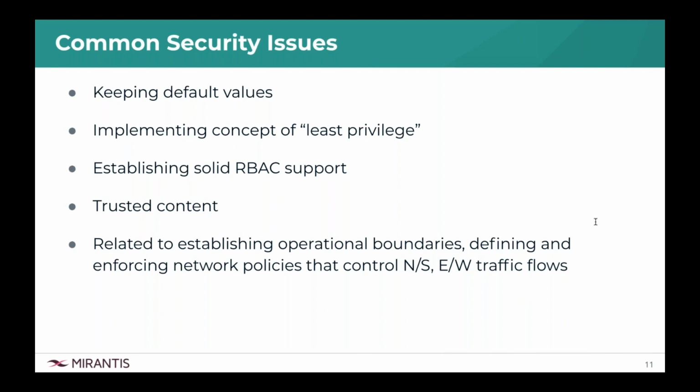The next 2 points are really related, and that is the idea that there are various roles that are represented between your operations team and your application. A general strategy for this is to basically deny all up front and use role-based access controls to grant permissions explicitly wherever necessary. The next bullet about trust and trusted content refers to the idea that organizations need to establish some ground rules about what images are acceptable, whether they come from trusted sources, who's making these, and whether they've been properly scanned according to some predetermined security policies.